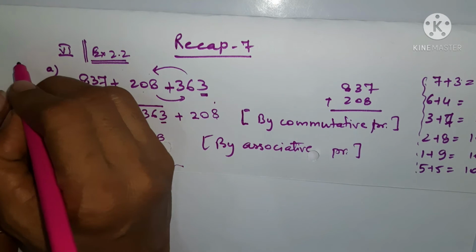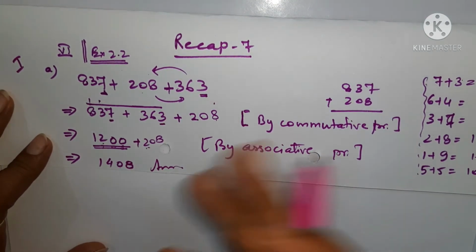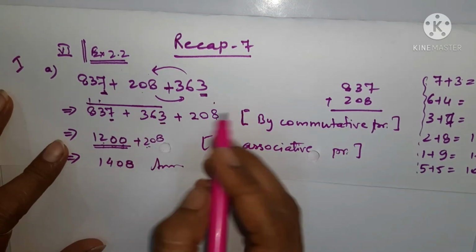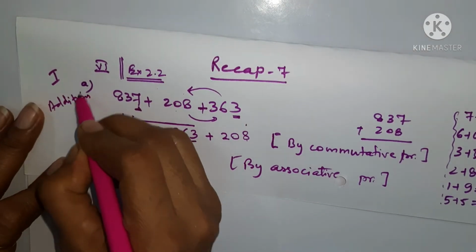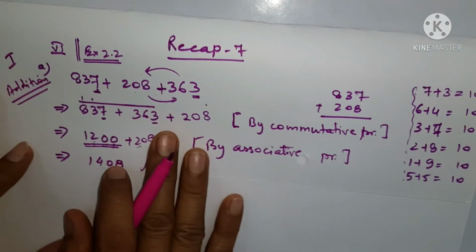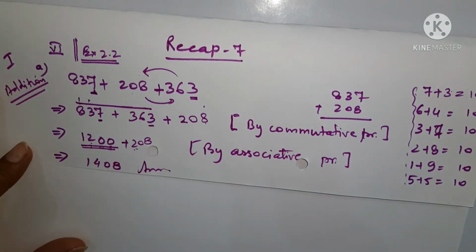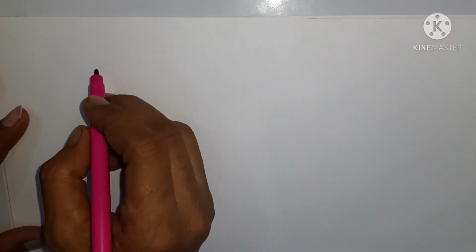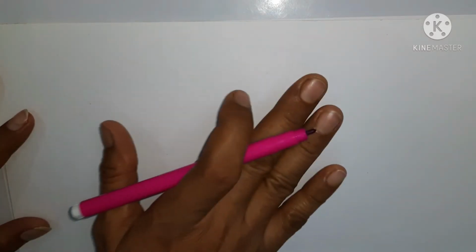Now, this was one example of associative property and commutative property. I'll just give another example. This was the case of addition. Now let me give you an example of multiplication, where you need the associative law. So let us take an example for multiplication, where we can apply the associative property, or where we can do a suitable rearrangement and find the solution.